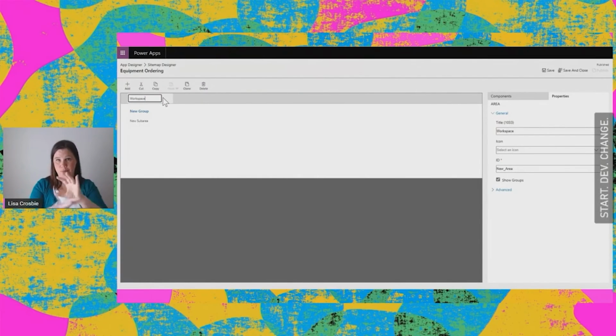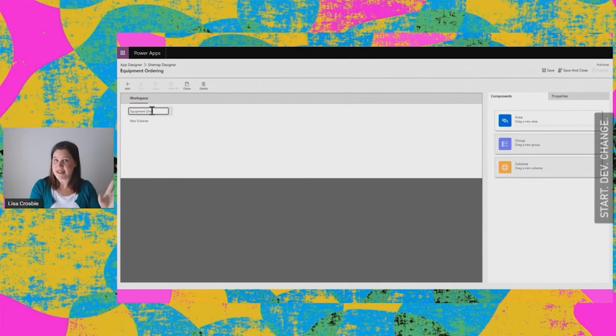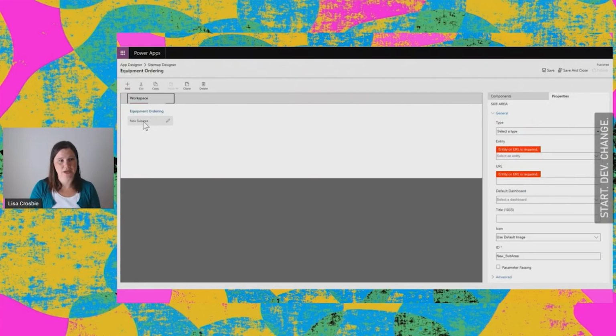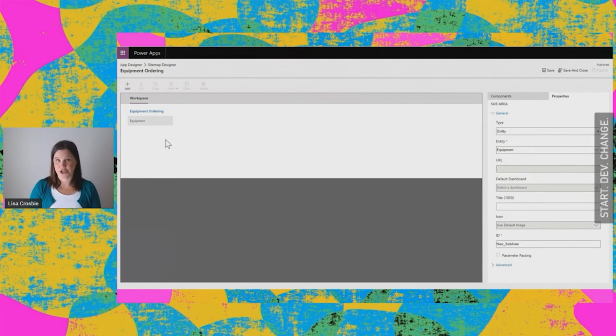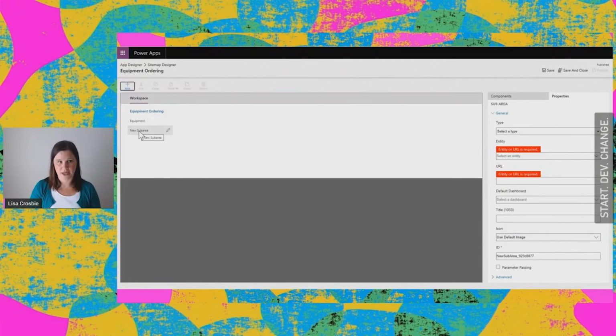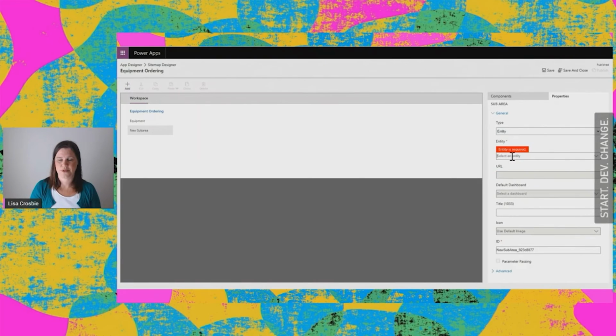This is the final piece in the puzzle. We've got all the data models, we've component driven our screens and so on. Now we just need to put that navigation menu around it, which will allow us to work around it. So I can create different areas in the navigation menu. I'm just going to add the different pieces in here. So we're going to add like a subheading, and you'll see this in the final app, what this looks like. And then I bring my entities in as I wish to be part of the navigation menu in the order that I want them to be. So I'm going to bring in my equipment entity and my equipment order entity.